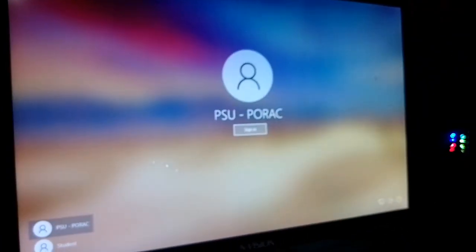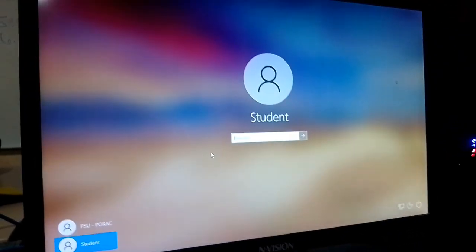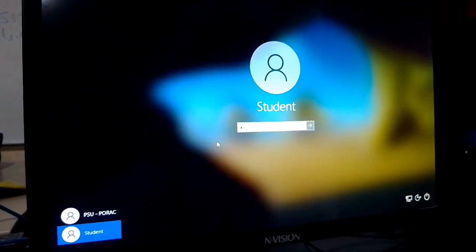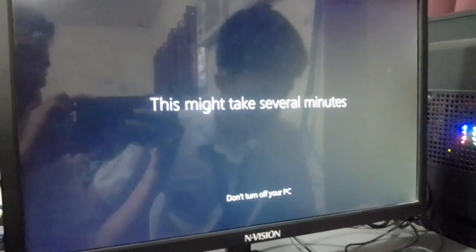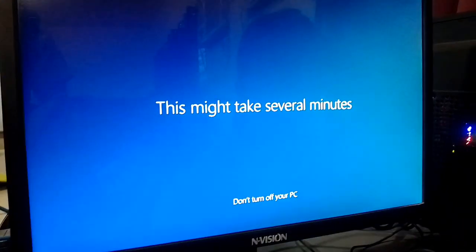Then press Windows plus L to go to the student standard account, then enter your password. We're going to wait because it takes a long time until your standard account opens.